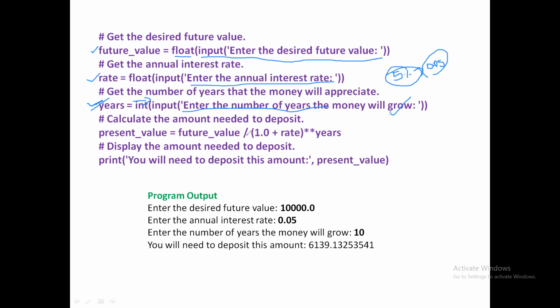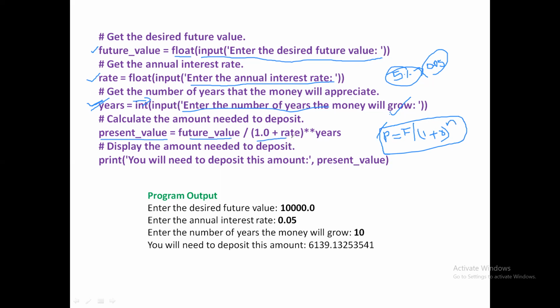Present value is equal to future value by, because we know the formula, P equals present value equals F by, that is the future value expected, by 1 plus R whole power n. This is the formula you should remember. So to write this in Python, this P is now represented with the variable present value equal to F, which is represented as future value. You can use any name here. It does not matter whether you are using these names or not. You can directly use P and F also in place of this. You can use short names, no problem.